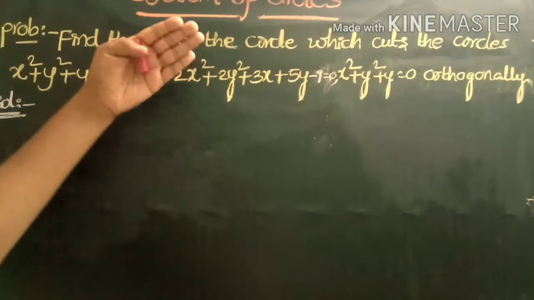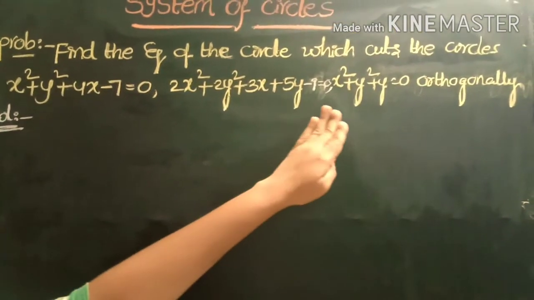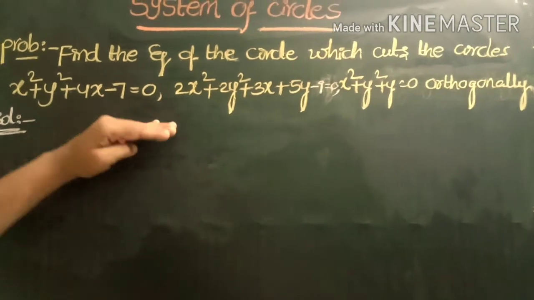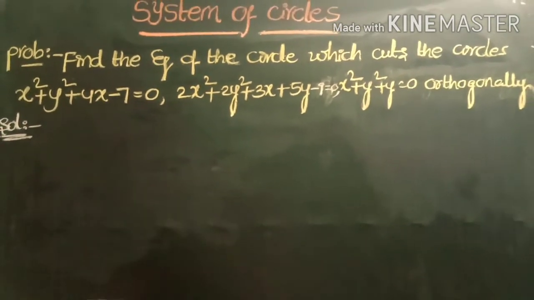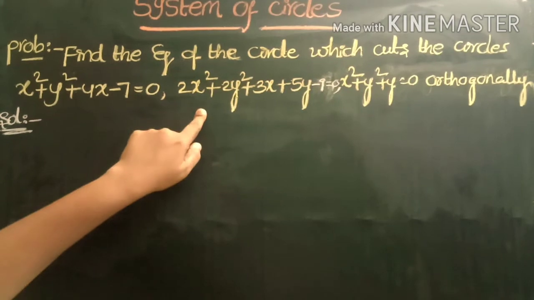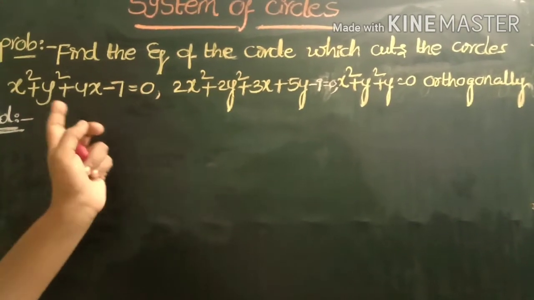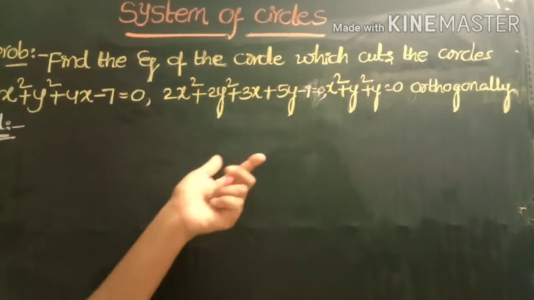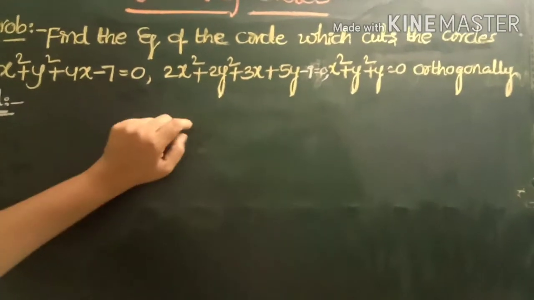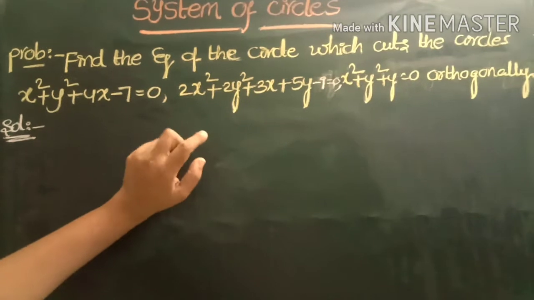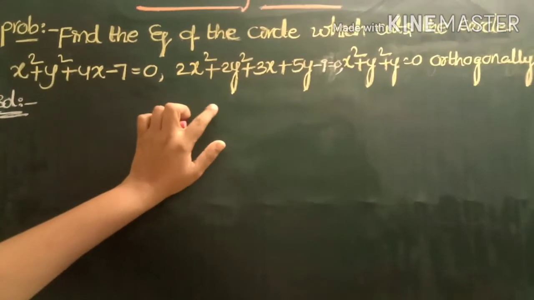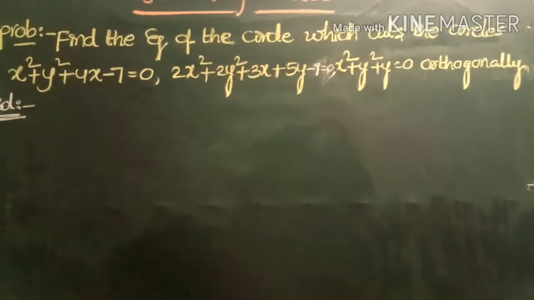Now we want to find the orthogonal circle of these three circles. Here, to find the equation of the circle, we use the radical center concept. That is, first we take the radical axis of the first two circles and the radical axis of the next two circles, and taking the point of intersection of those two lines to get the radical center. Next we find the root S11 value, and then we find the equation of the circle by using the formula (x minus h) whole square plus (y minus k) whole square is equal to r square.